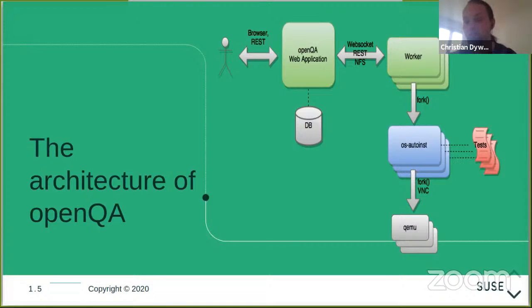In some cases also bare metal. So that depends exactly on what you want to test. You may actually be running openQA tests on different types of architectures as well. I'm going to expand on this in a moment.